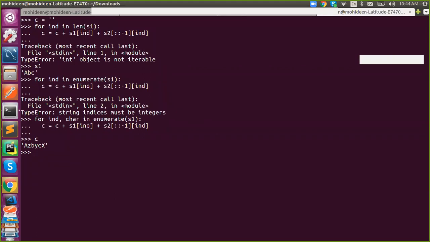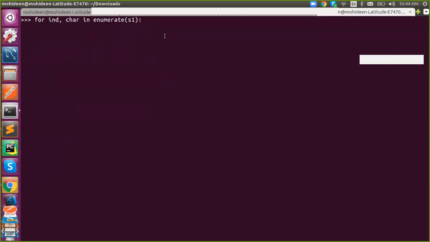So what I'm actually doing is using a simple for loop.